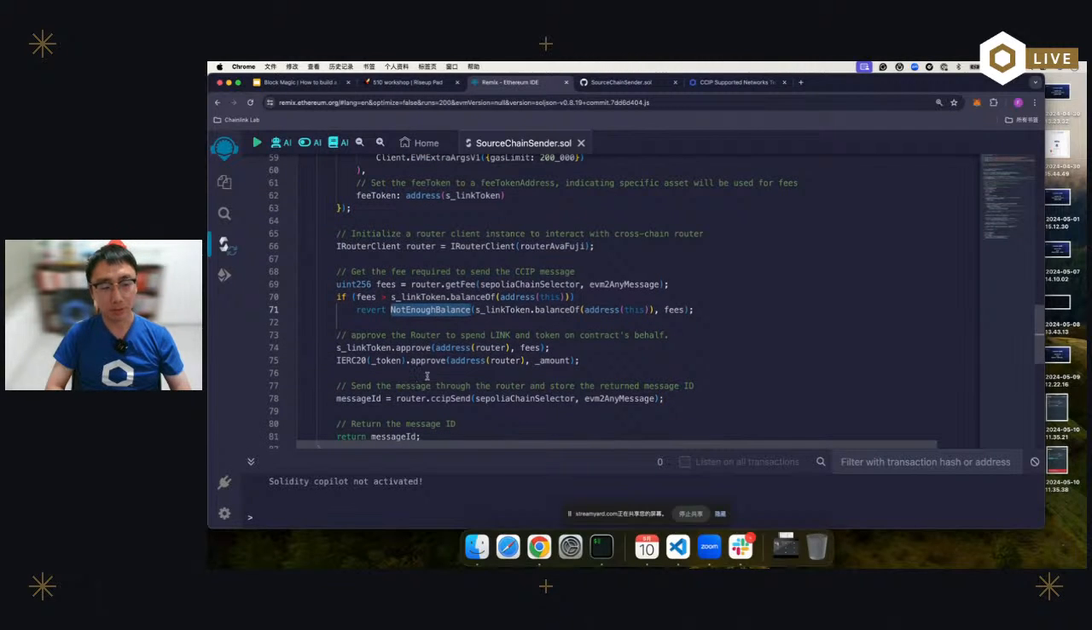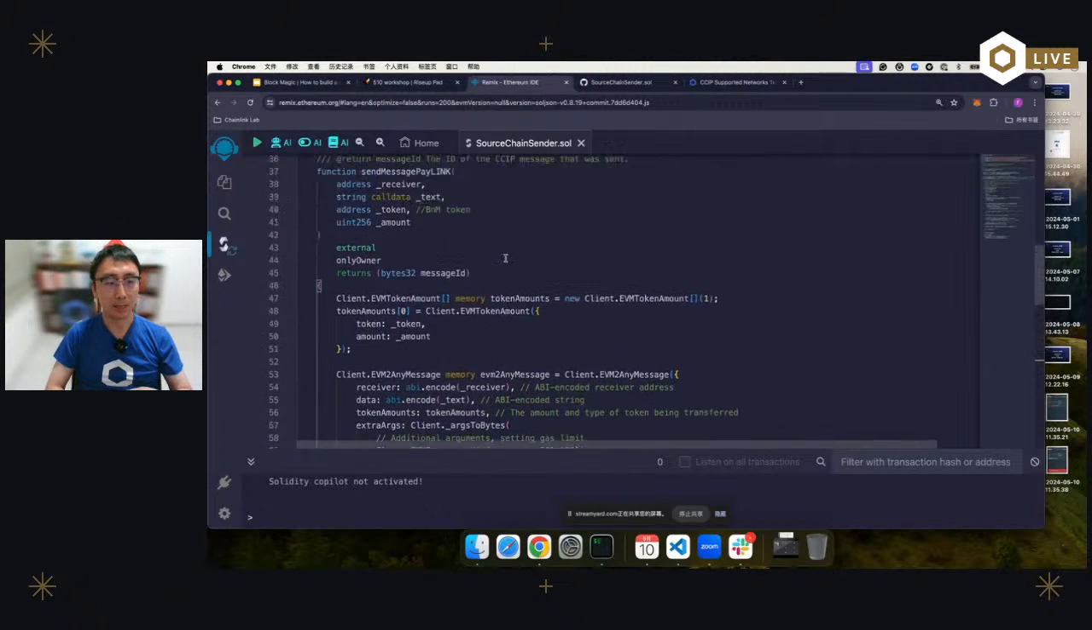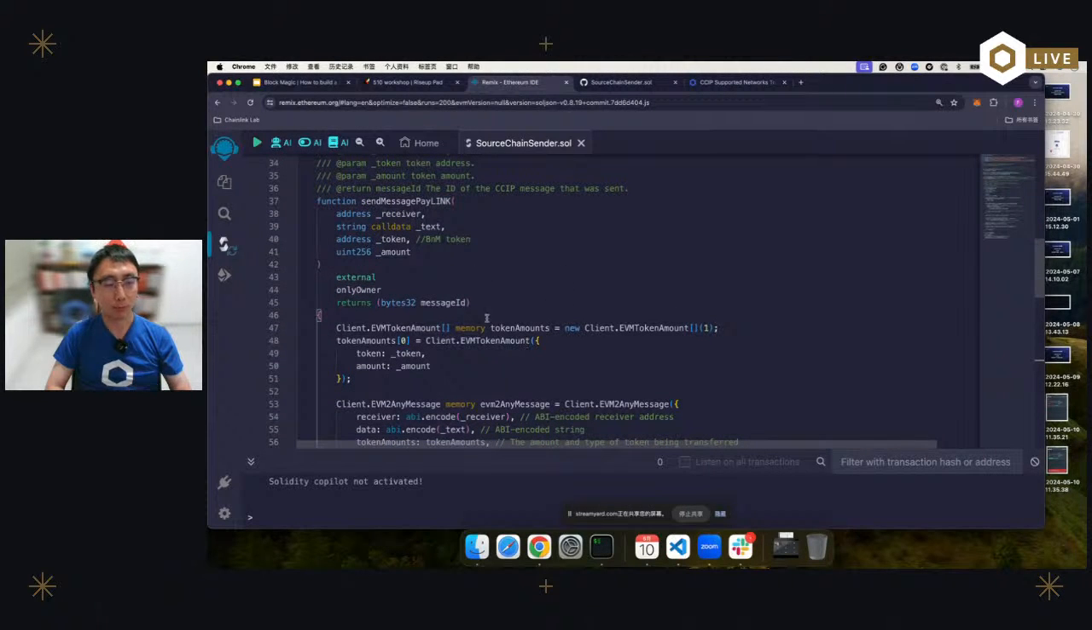And if everything is good, we will approve that the router can use the link tokens in your smart contract, and the router is able to use the amount of the tokens you want to transfer. Because you want this token to be transferred, you need to allow the router to have the right to use your tokens. And then call this function, the router.ccipSend, and send this EVM to any message to the Sepolia. We just give it the chain selector. And this is the function to send the cross-chain transaction to transfer your tokens from the Avalanche Fuji to the